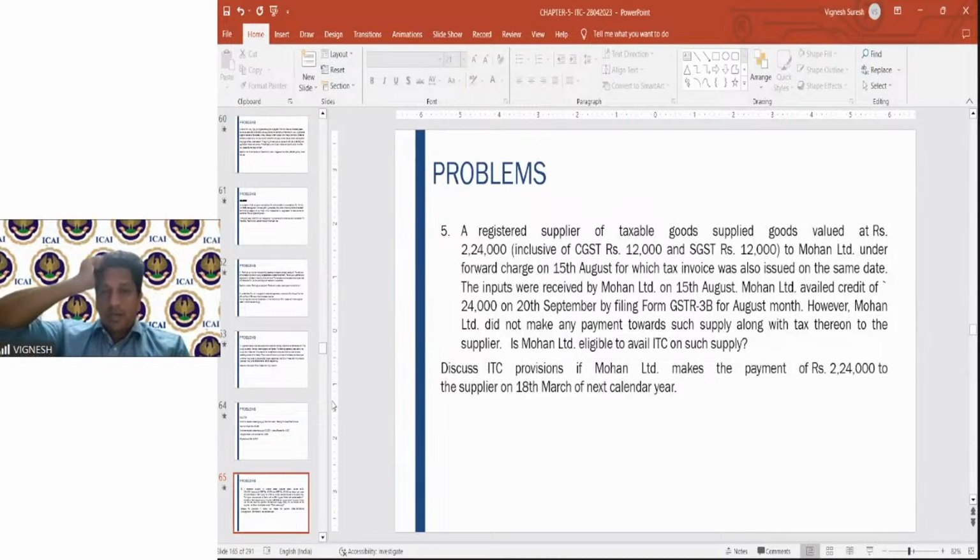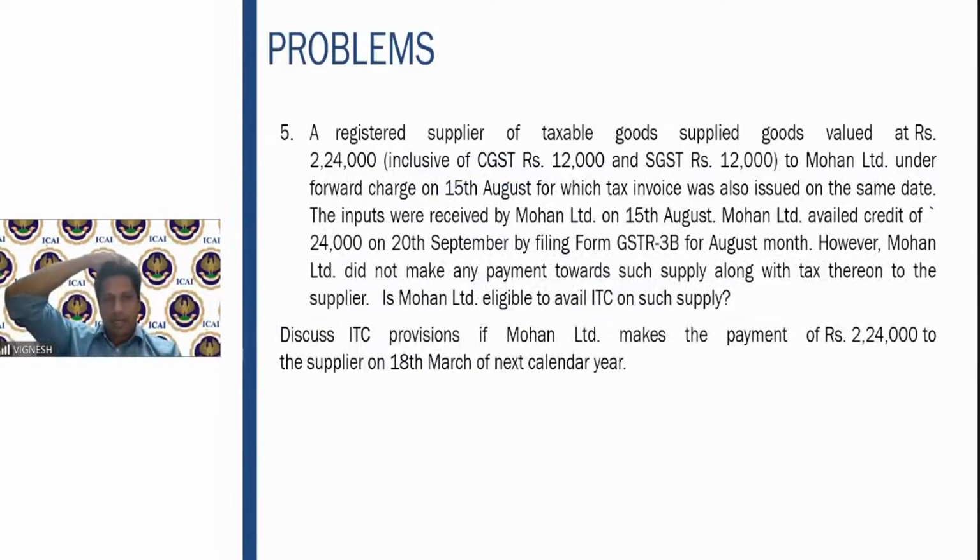Next question. A registered supplier of taxable goods supplied goods at 2,24,000, including the GST, CGST 12,000, SGST 12,000 to Mohan Limited under forward charge on 15th August, for which tax invoice was issued on the same date. Inputs were received by Mohan Limited on 15th August. Mohan Limited availed a credit of 24,000 on 20th September by filing GSTR 3B for August. However, he did not make any payment to the supplier along with the tax thereon. Is Mohan Limited eligible to avail such credit? Discuss ITC provisions if he makes the payment of 2,24,000 to the supplier on 18th March of the next financial year. Please try to answer this